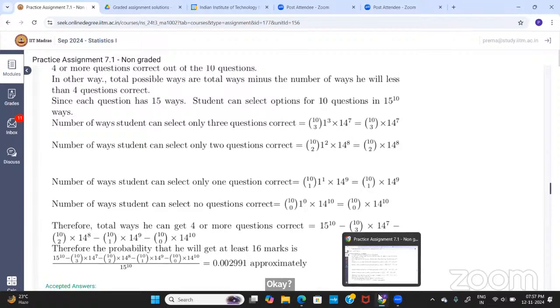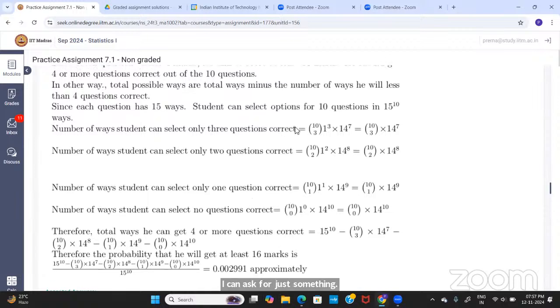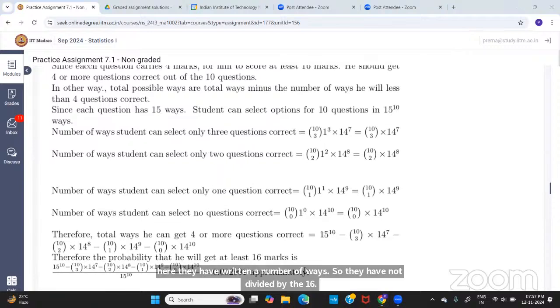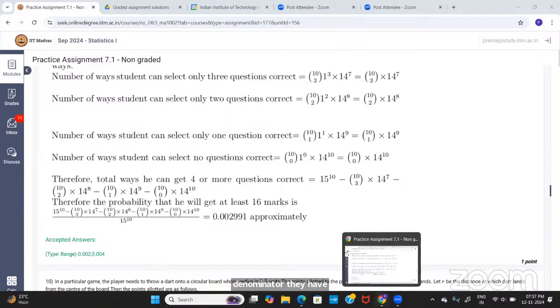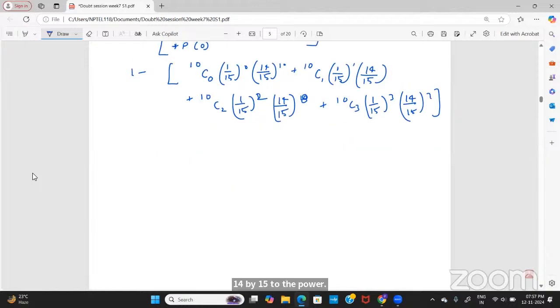Ma'am, this does not match with the different formula. Actually, here they have written the number of ways. So they have not divided by 15, but I am directly calculating the probability. The answer will be the same. Here you can see in the denominator they have divided it by 15 to the power 10. If you solve this, you will get the same answer. So it will be 10C3, 1 by 15 to the power 3 and 14 by 15 to the power 7. So it will be 1 minus,